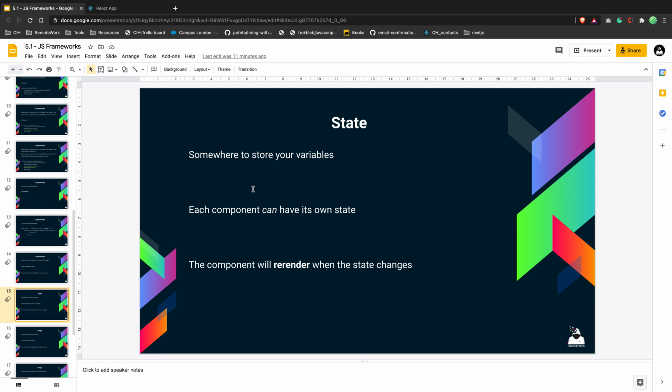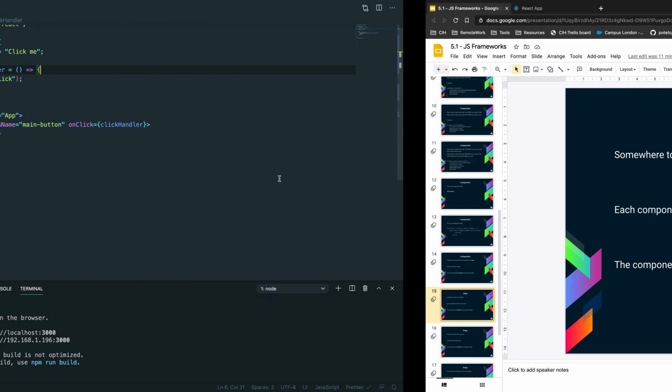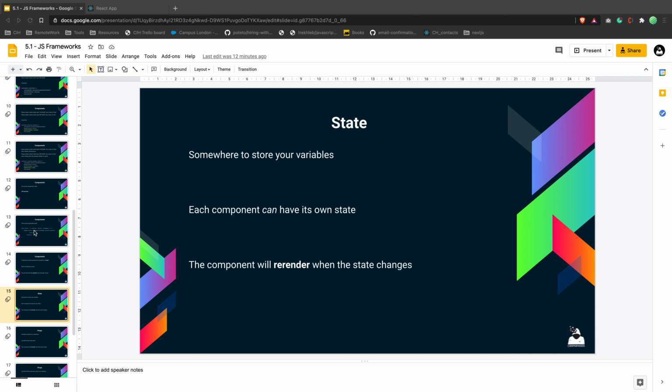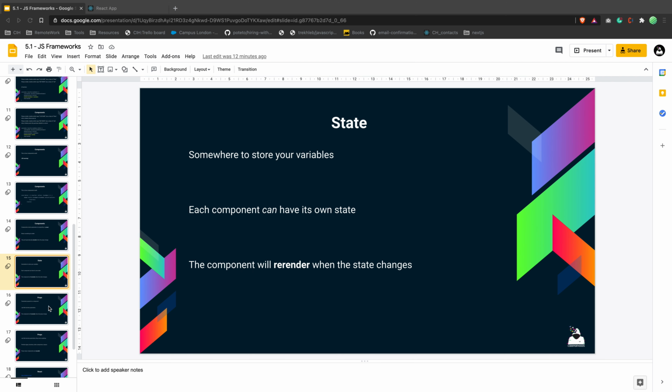So it's not re-rendering the whole application, it's re-rendering the component and everything that's inside this component. So if I change the state here, it will re-render this component, and if I include any other components, that will re-render all of them. So if I have a state here and change the state, that means that you will re-render the whole application, because this is a top component. This is how state behaves.